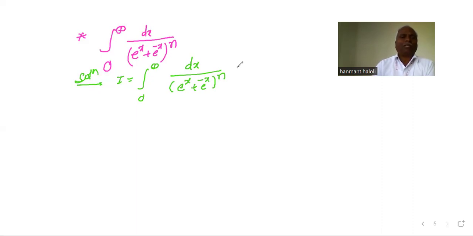And this can also be written as 1 upon 2 integral from minus infinity to plus infinity. I doubled the integral inside, because this function is an even function. So dx upon (e raised to x plus e raised to minus x) raised to n. And in such examples you can put